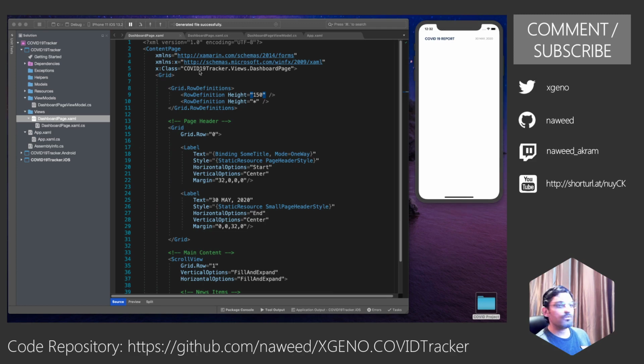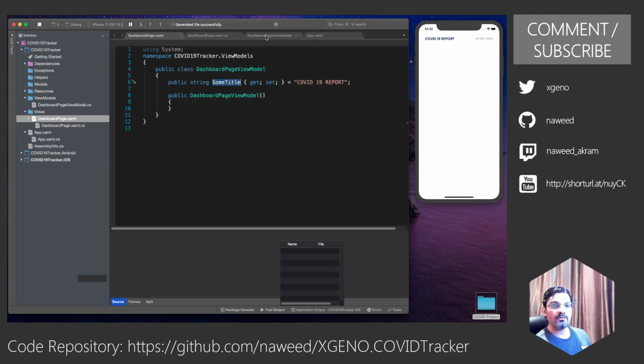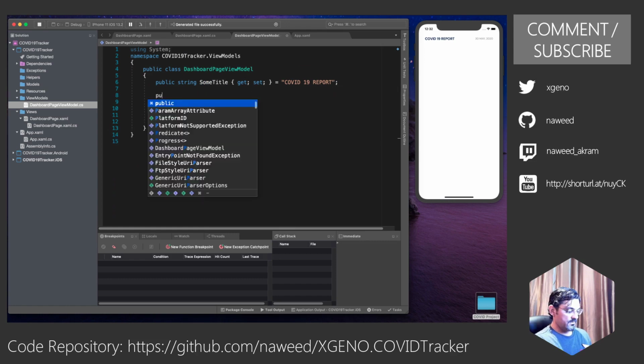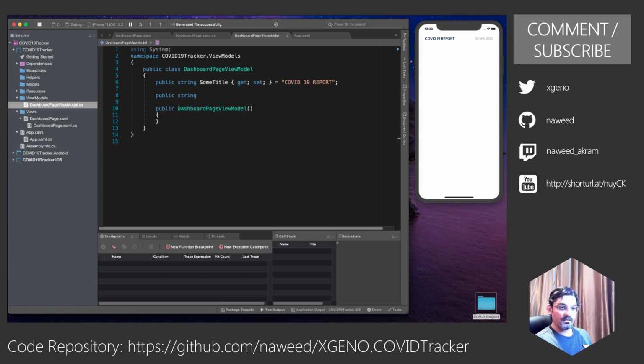Similarly, what we can do is we can go back to our view model and we can define a property for today's date. So we can say public string today's date. Let's create it as a date time.